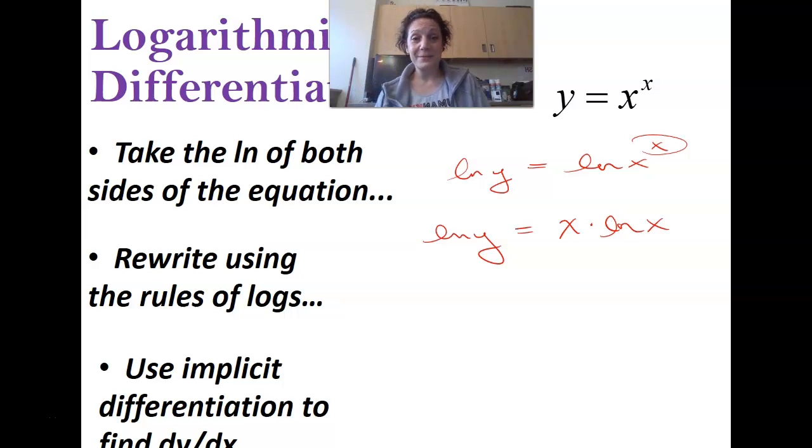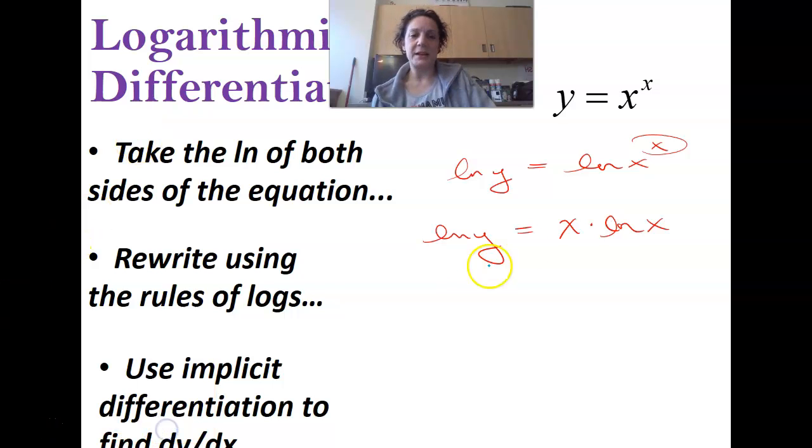So logarithmic differentiation is simply recognizing that you have this situation where you have a variable to a variable. We don't have a rule for that. And getting yourself out of that situation by using some stuff that we do have, something we do know. One, we know we can take the log of both sides. And two, we know that once you do that, you can eliminate that whole variable to a variable situation. Once you've eliminated it, we're back to implicit differentiation. So I'm going to do my